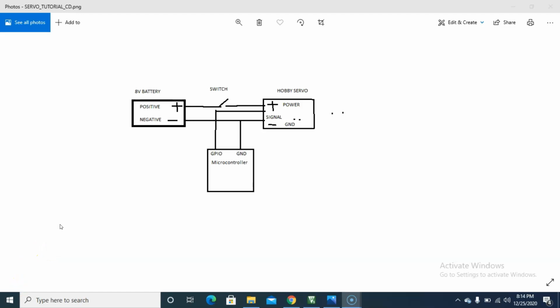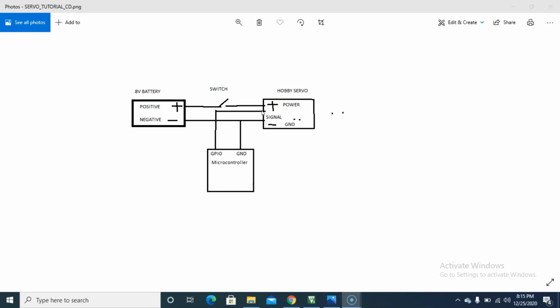So what is driving this signal pin? What is the basics of the signal pin? This signal pin has a PWM signal on it which has 50 Hz frequency and varies between 1 millisecond to 2 milliseconds duty cycle.